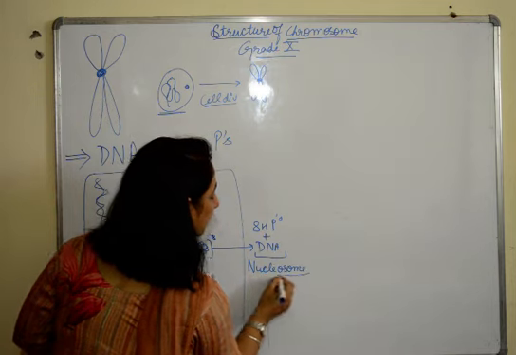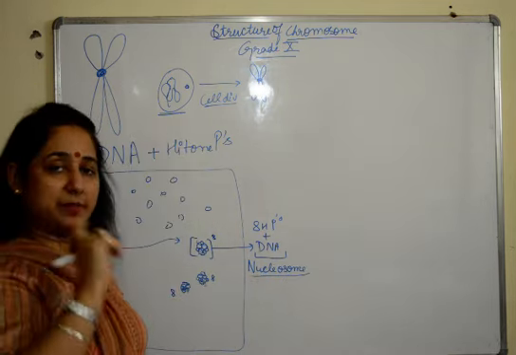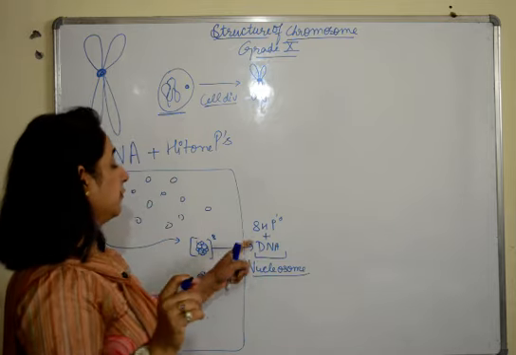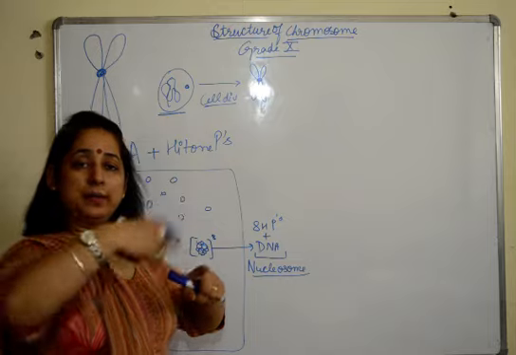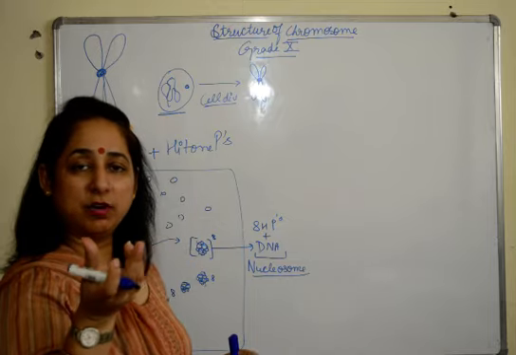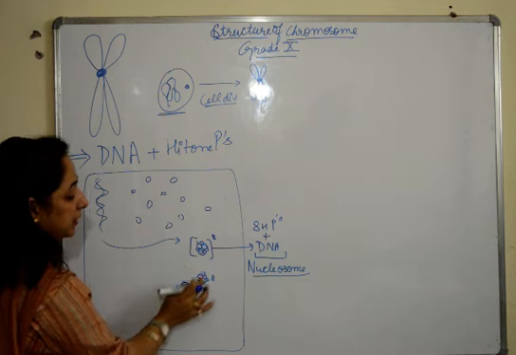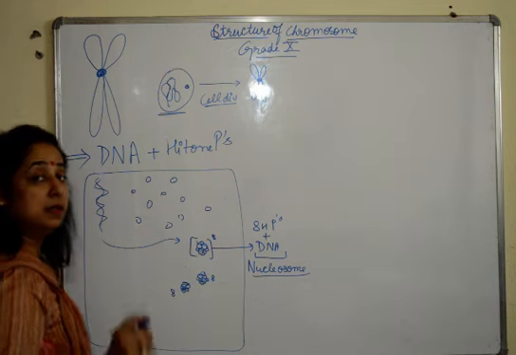This structure formed when 8 histone proteins plus DNA coil over each other is known as a nucleosome. This is a 1-marker question. What is a nucleosome? Nucleosome is a structure formed when 8 histone proteins are coiled by a DNA. That ball-like structure which is formed is a nucleosome. Now these nucleosomes are formed inside the blood.